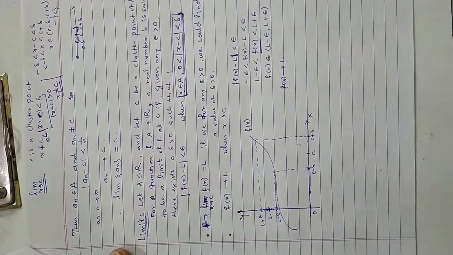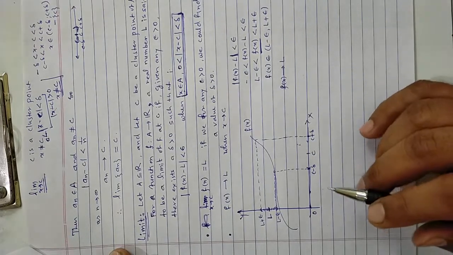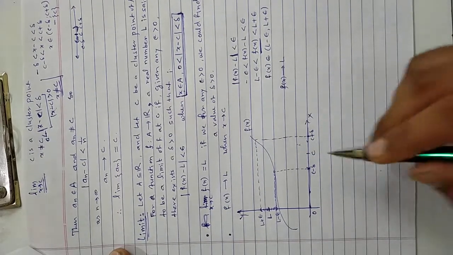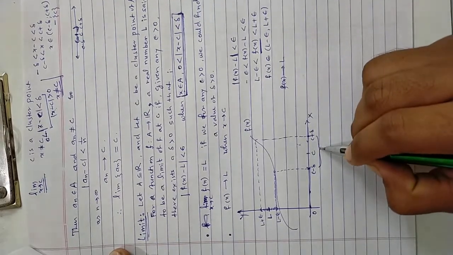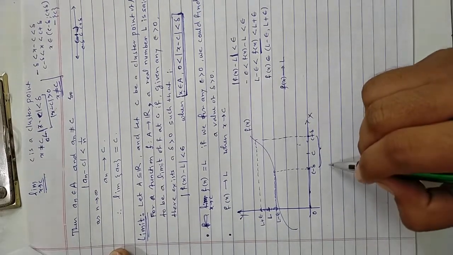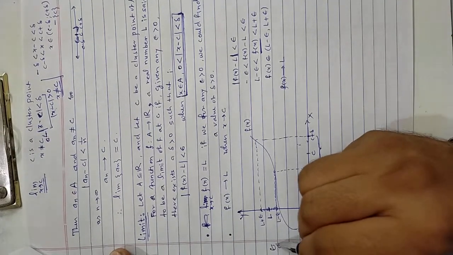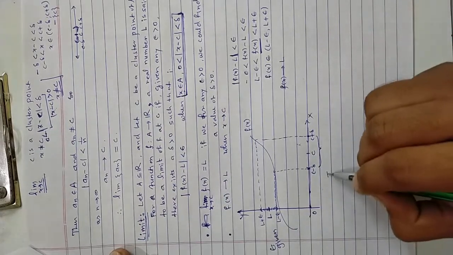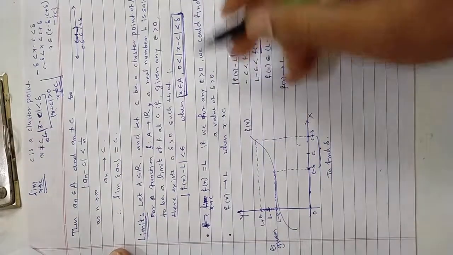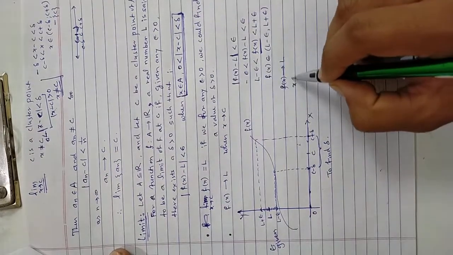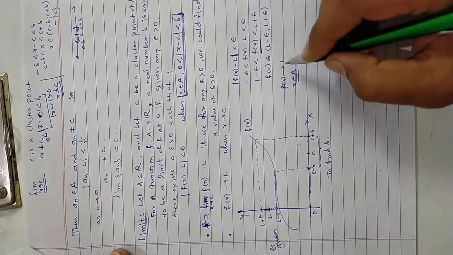If C is a cluster point of set A, it may belong to set A, it may not belong to set A, and so it is a delta neighborhood of point C. So epsilon is given and we have to find a delta, right? To find delta, which delta? We have to find x in A, the points from set A, so that